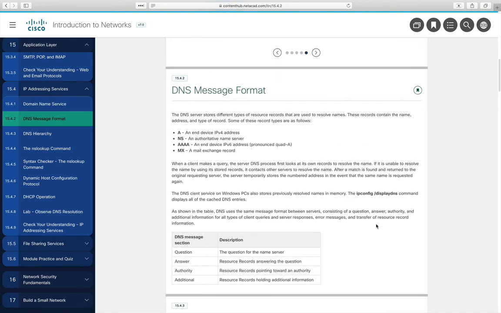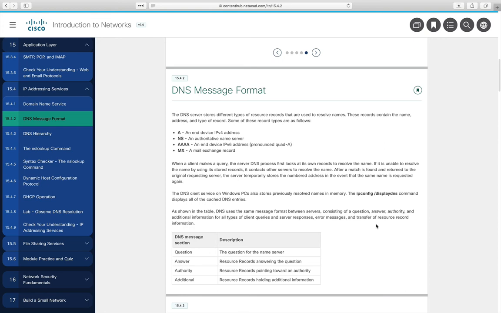The next section talks about DNS message format. Maybe a better name would be DNS message types. So what happens is what we talked about previously. I have a name, I want an IP address. That comes from something called an A record, for address. The other is an NS record, which is going to give you information about the name servers. They have what's called a quad A address. That's an IP version 6